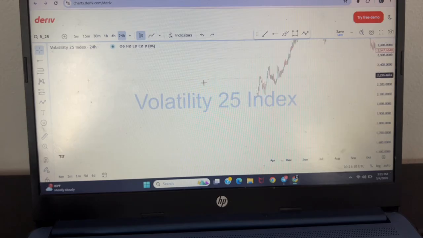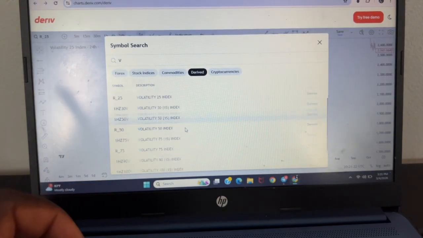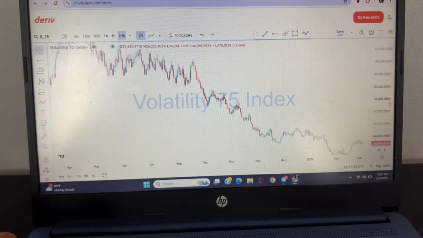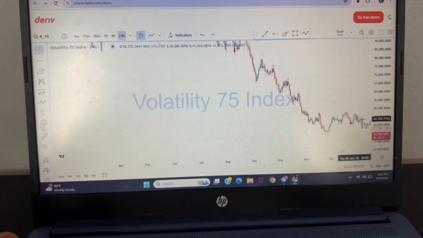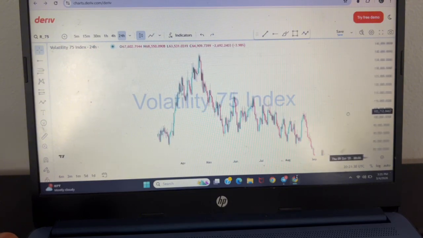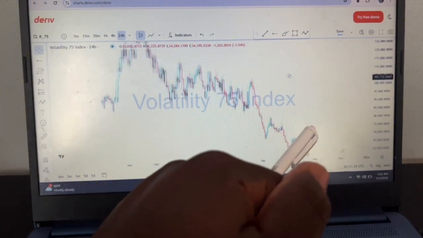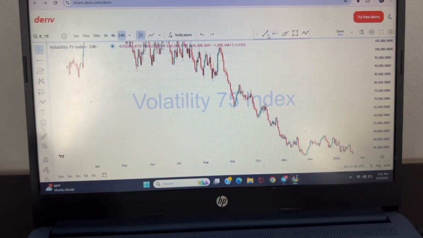Now that's an example, but let me find a downtrend for you guys. All right, so right there, as you can see, price is in an overall downtrend. Price is making lower highs and lower lows. So if you see right here, you can say price did this, made a lower low, made a lower high,